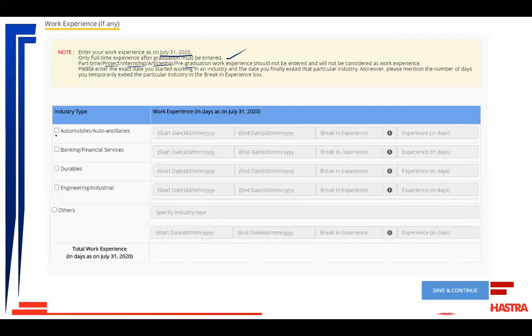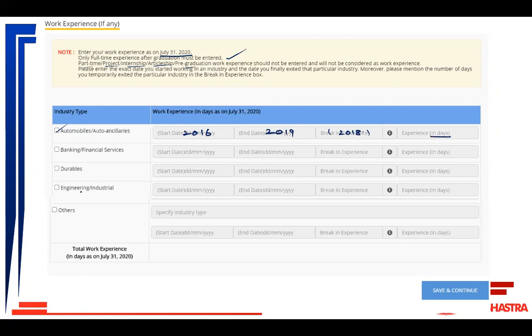So you have to select the industry type. You have to mention your start date. You have to mention your end date. If you have taken any break in the experience, so suppose you started in 2016 and the end date is 2019, but in 2018 there was a break, so you mention that break, and the total experience in days you have to mention.